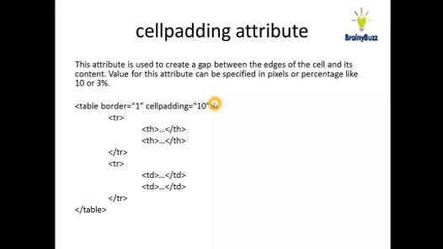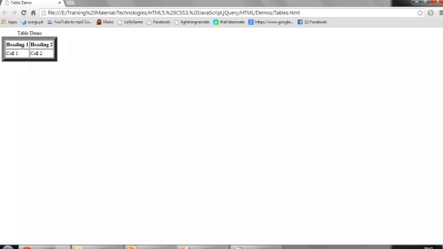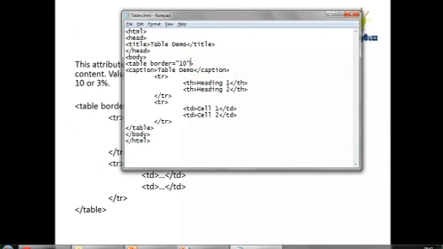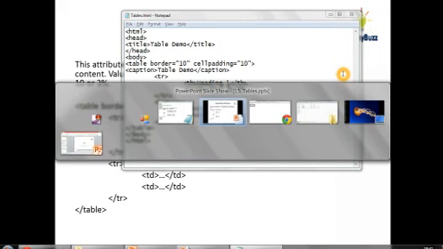We have also seen the border attribute. This is the cellpadding attribute. The cellpadding attribute specifies the gap between the edges of the cell and its content. You can give this value in pixels or as a percentage. Now you do not have space between your content and your cells, so just put some space over here. You have an attribute cellpadding, and you can write the value as 10, that means 10 pixels.